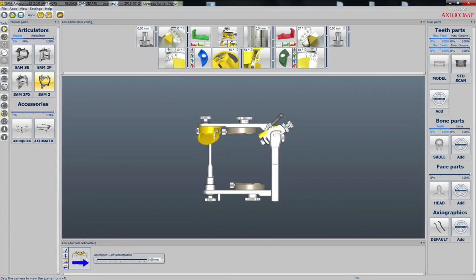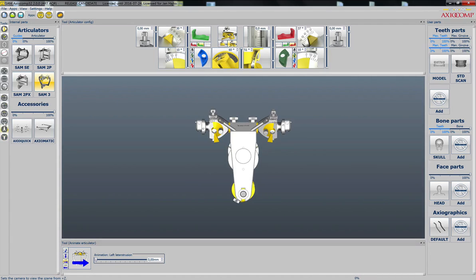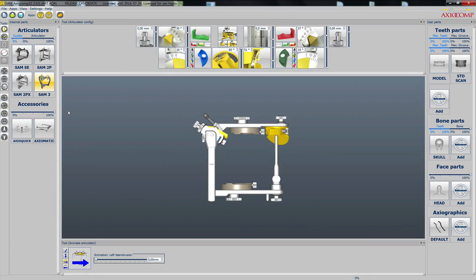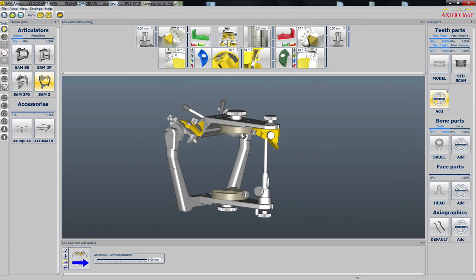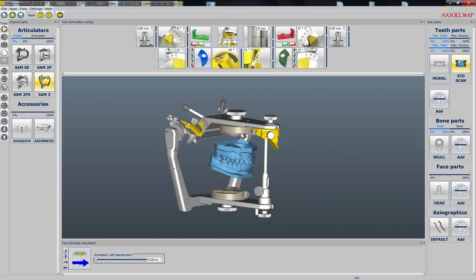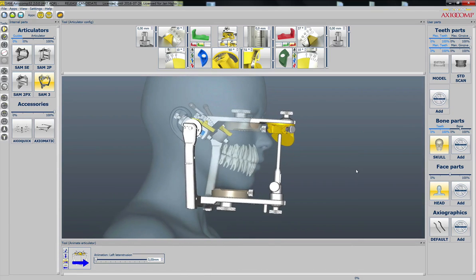There are also some standard views from the orthogonal directions, so you can switch quickly among these views here: left, right, top, bottom, front, back. And now in this first free version there are some standard components, like a standard tooth scan and also a standard skull or a head, so you can relate to how the articulator is actually constructed